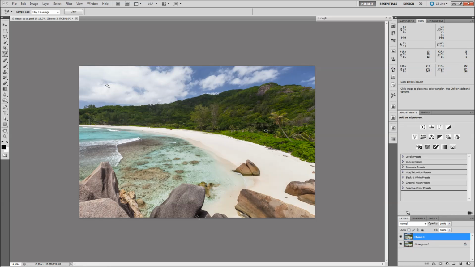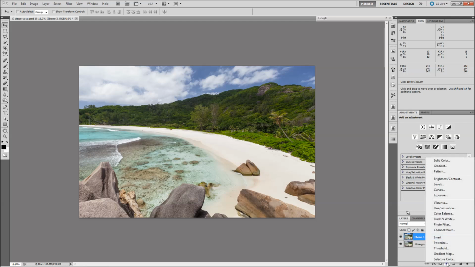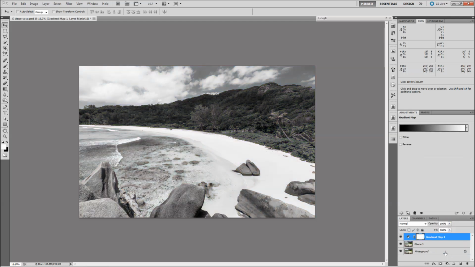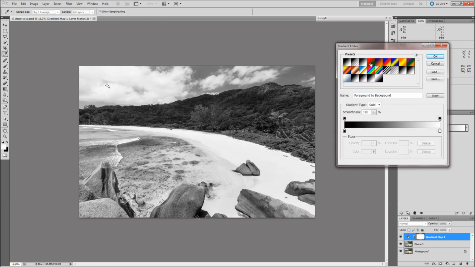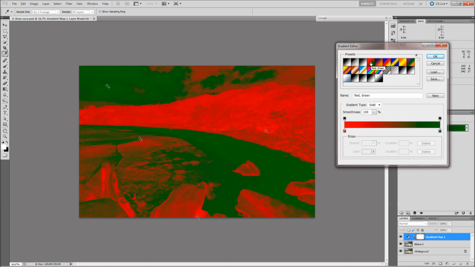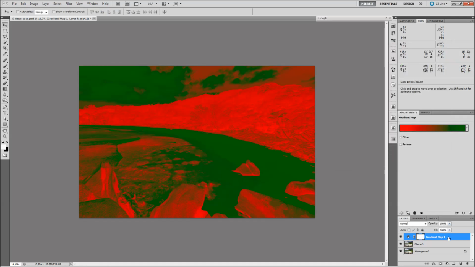But there's another nice helper. For example, if you're using Lightroom, you know that you can switch on some warnings there if you have tones that are too bright in an image or tones that are too dark, and you can have something similar here in Photoshop. So what you need to do, you need a gradient map. This is usually just a black-white map, but if I click on this gradient map, I can select this red-green, for example. I click OK, and now I double-click on this